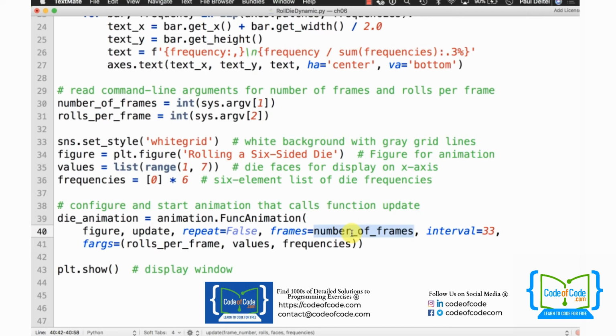Or let's say you had a list of values that you wanted to pass into the update function. In our case, you could actually provide a list there or some other sequence of values where one at a time they would be passed off on a frame by frame basis. The interval keyword argument simply specifies how much time is going to lapse between frames of the animation. The default is 200 milliseconds, but we've specified 33 here to try to get approximately 30 frames per second of